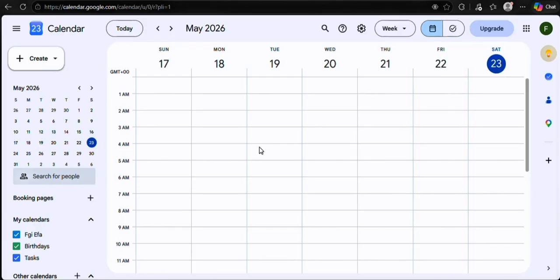By integrating Microsoft Teams directly into Google Calendar, you can create Teams meetings right from your Google Calendar events without ever leaving the page. Let me show you exactly how to do it. Let's get started. First, open your web browser and go to